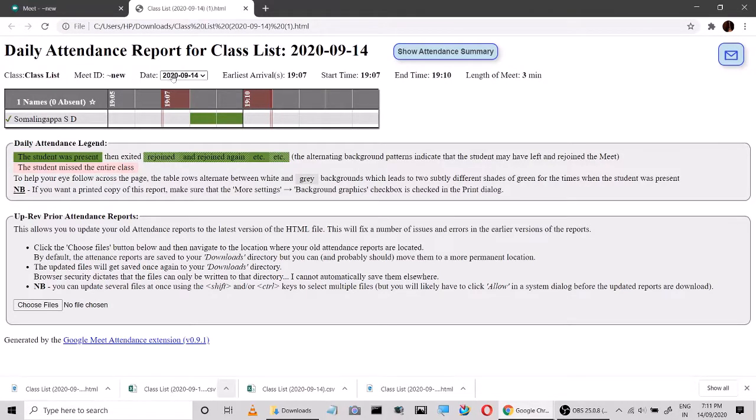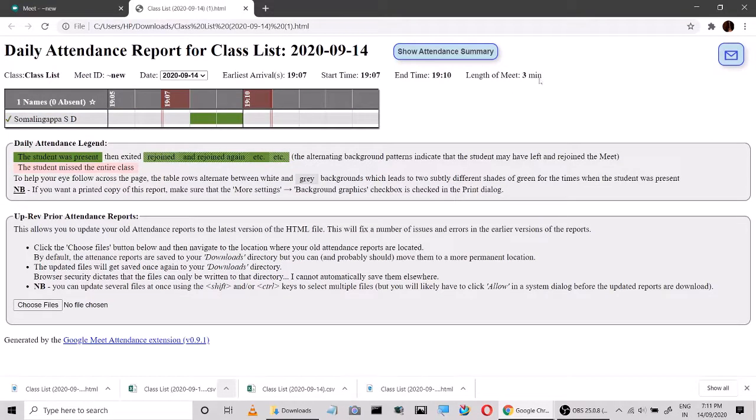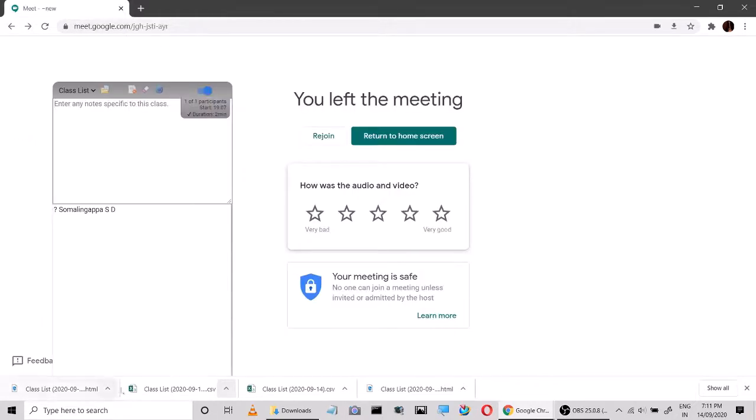Then you are going to get the attendance report date-wise. What is the start time, and how many minutes he has attended? He joined at 7:08 and left at 7:09. The length of the meeting is 3 minutes. This is the HTML file format.